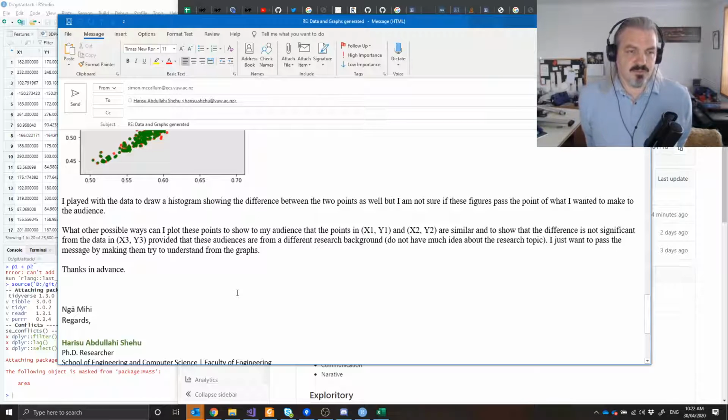Okay, so the question is, what other possible ways can I plot these? So my audience, that the points in X1 and Y2 are similar and show that the difference is not significant. From the plot, X1, Y1 provides the audience from the different research areas, such as all the rest of you guys. Yes, I want to pass the message by making them try to understand from the graphs. Okay, so